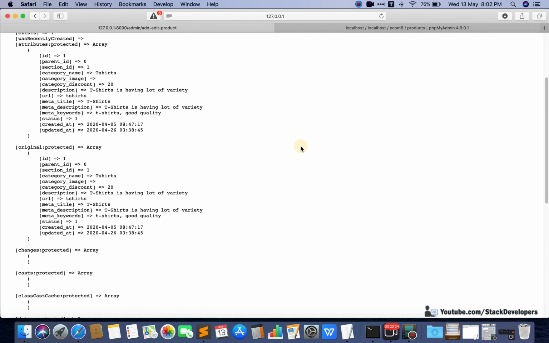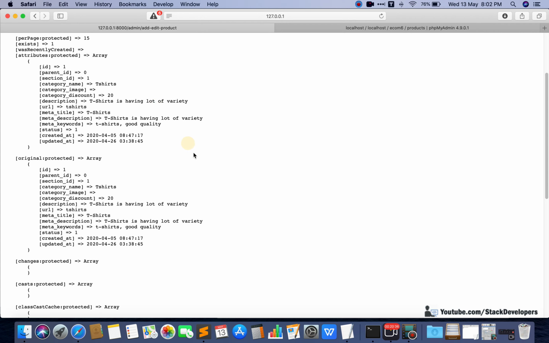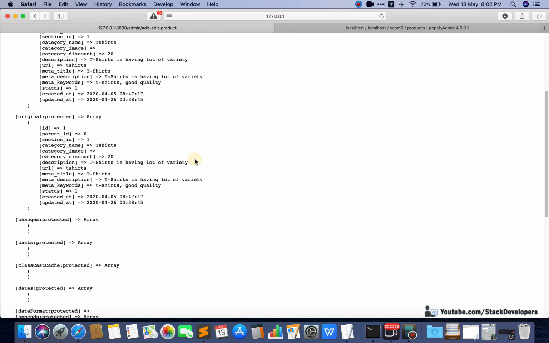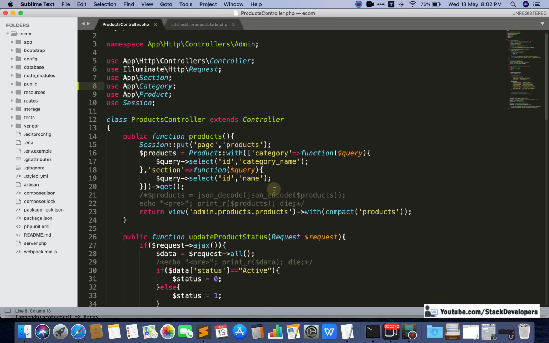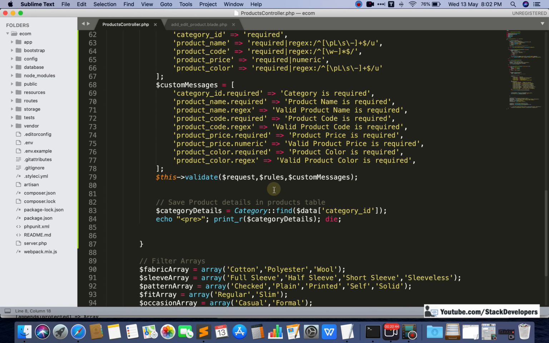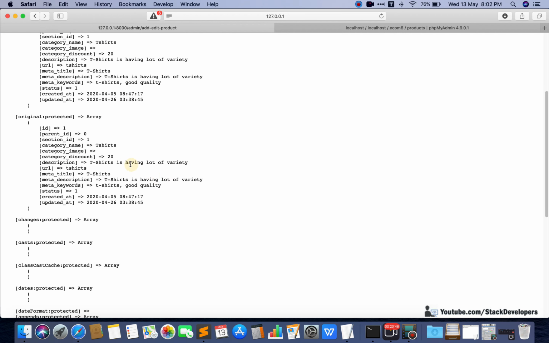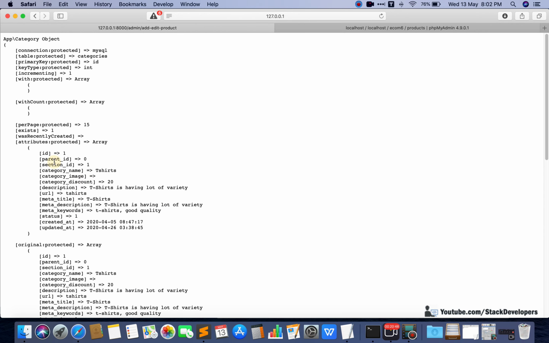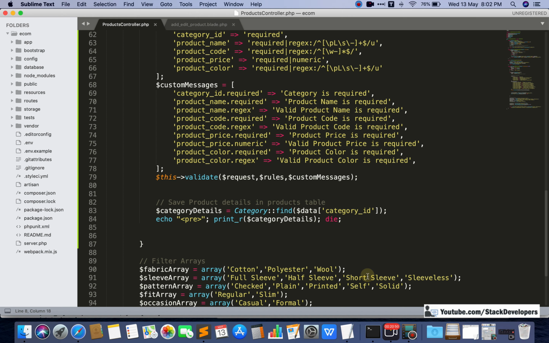You can check that we can save all this data. So we have the category details. These are the category details. The section ID we need to get from here, and that we can get easily now.